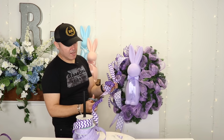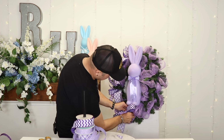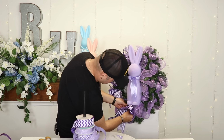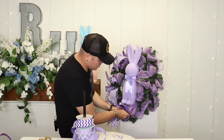So what I'm going to do is cut right here, and I'm going to look for a place right on this side to attach this bow with some of my bristles. I'm going to make sure that it's really tight and attached like this, because remember, these are going to be